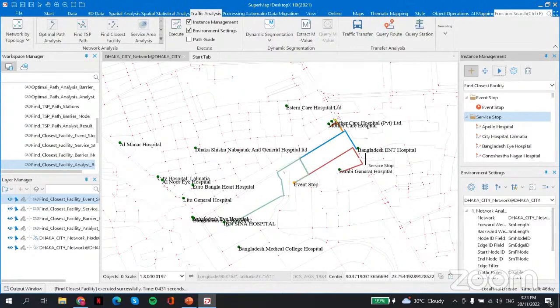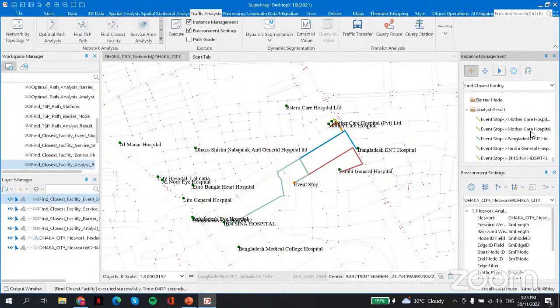So after you run it, where's the result? Okay, so these are the 5 hospitals which are nearby your event area or your building that has an accident.